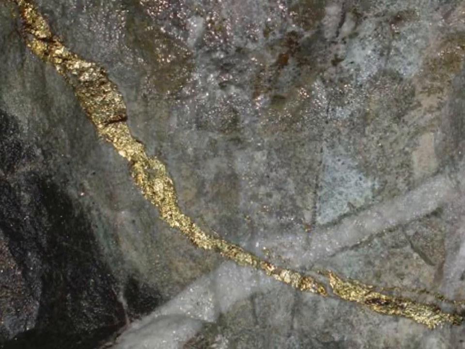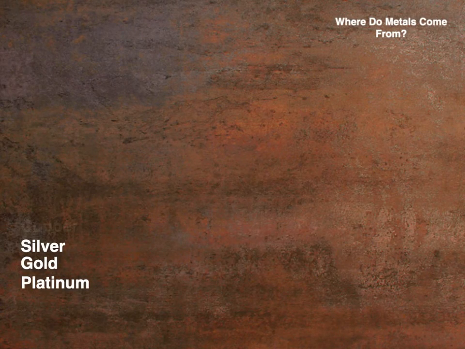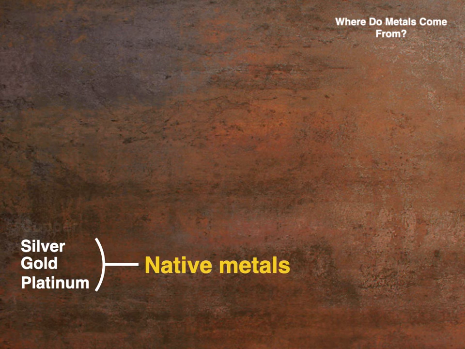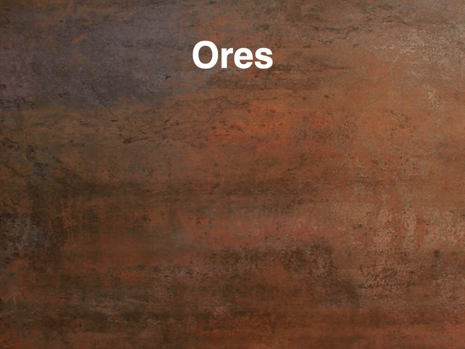So for example, that's a picture of a seam of gold in the rocks, in the ground. All you have to do is break the rocks off it in some way. But you can see that's gold metal shining there in the rocks. Now, metals that we find in the ground as metals are called native metals. But there aren't very many of them. Only the least reactive metals are found as native metals. The rest are found in rocks that we call ores.